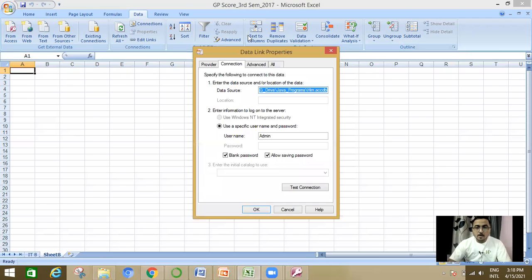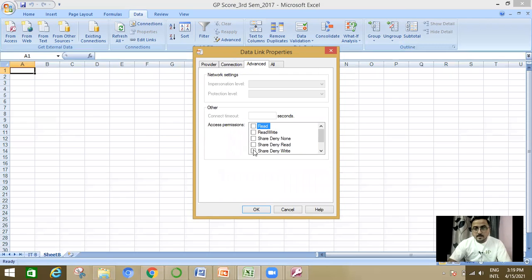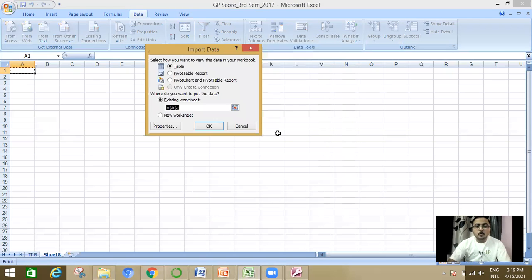A dialog box will appear asking about the properties of the data link. Go to Advanced, click on the Read and Write option, and click on OK.